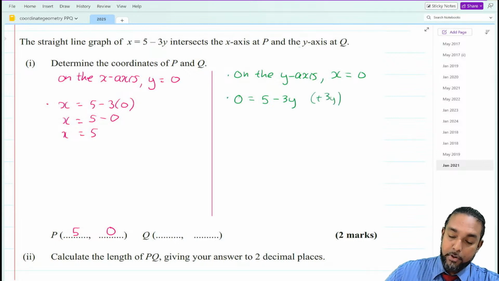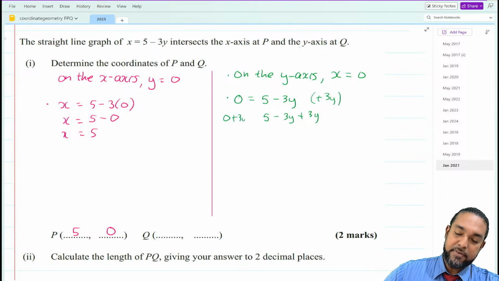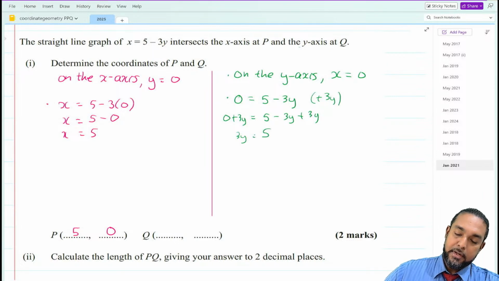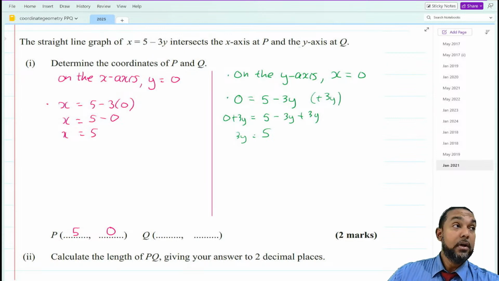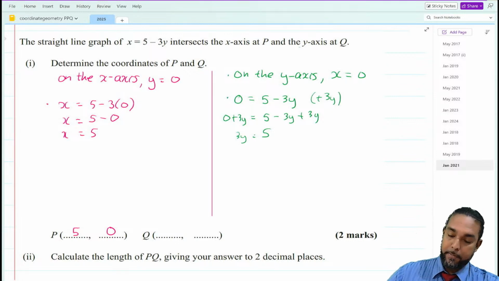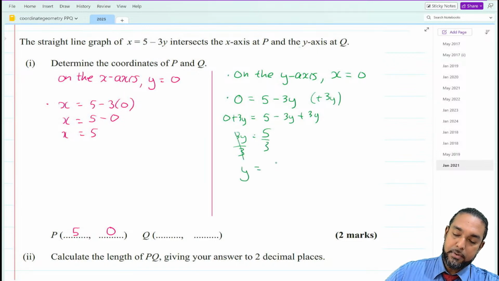So again, if you want to see the longer version, anything that happens to one side of an equation must happen to the other side. So minus 3y plus 3y will cancel to 0, right? And then 0 plus 3y will just give us back 3y. And now to solve for y, you have to remove the 3. How is the 3 attached to the y? What operation? And to remove something attached from multiplication, we use, because it's the opposite operation, the inverse operation. So again, you can divide by 3 on both sides like that. Show the cancellation. Y is equal to 5/3.